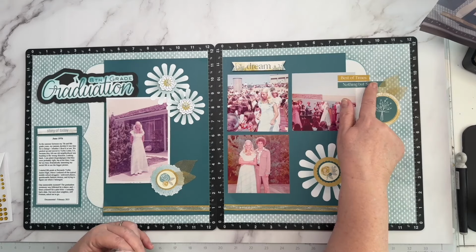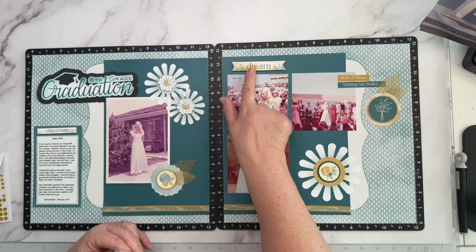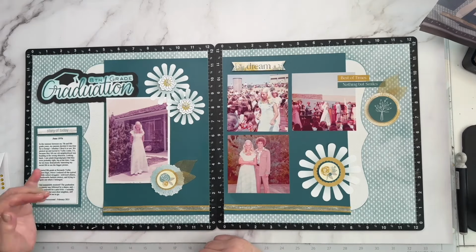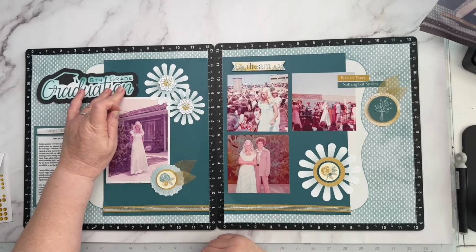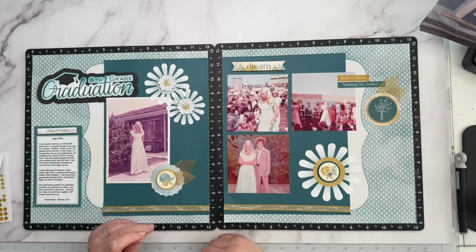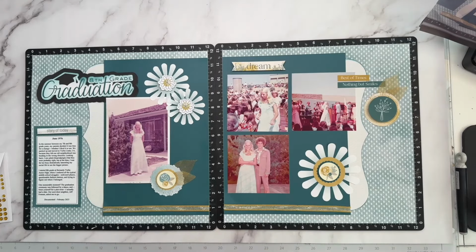Over here I used 2 word strips. They were off the stickers. This was off the sticker sheet, and I've raised that up on some foam dots. I've put in my journaling, and this is a title I did on my Cricut, and I think that's about it. But I'm going to go in and I'm going to put down some dimensionals, and while I'm doing that,